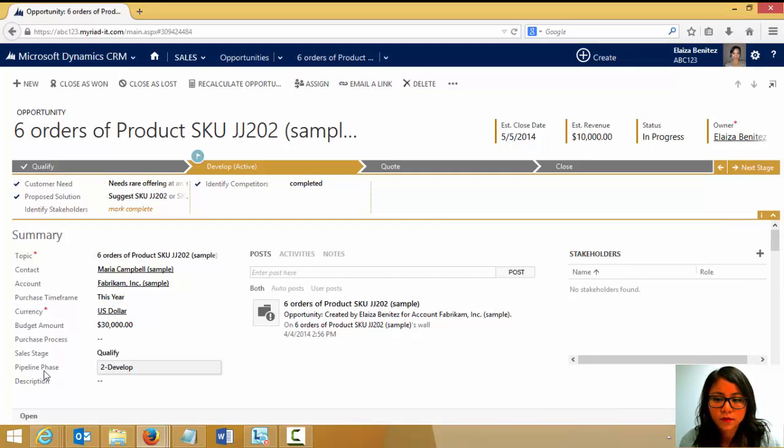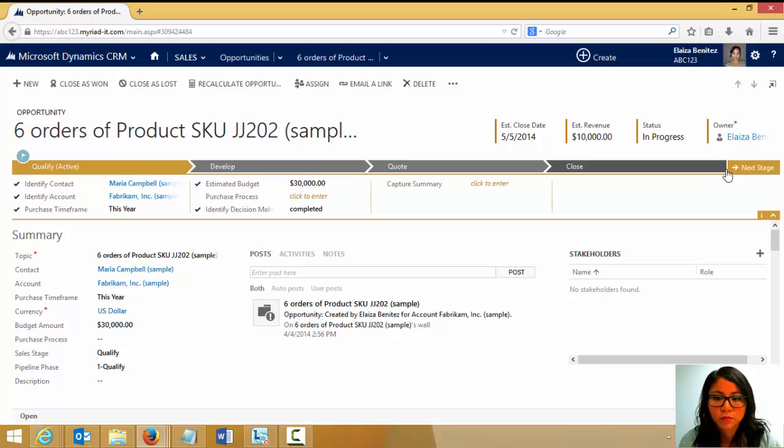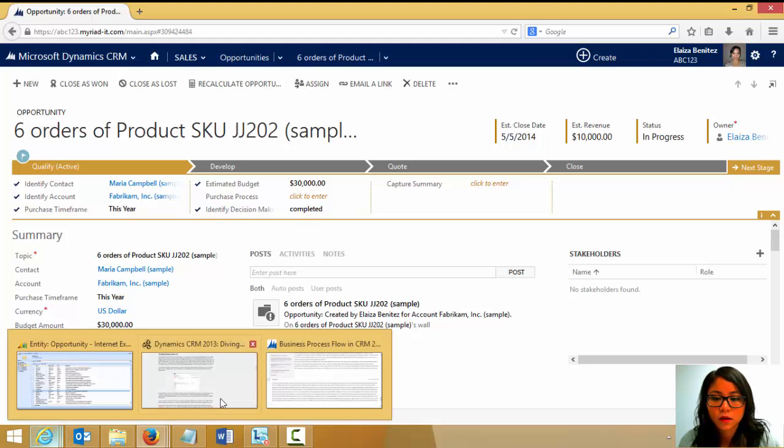Okay, so I've now added the pipeline phase field, and now when we move to and from the business process flow stages, it's going to change. You would have noticed that previously I was on develop, and this was showing Develop, and now that I've moved back to qualify, it's showing there. And as confirmed in the